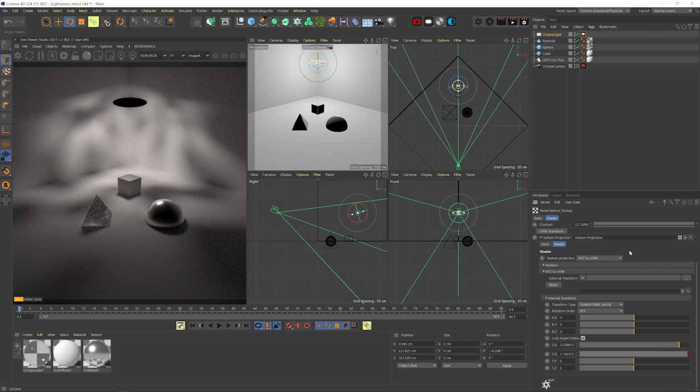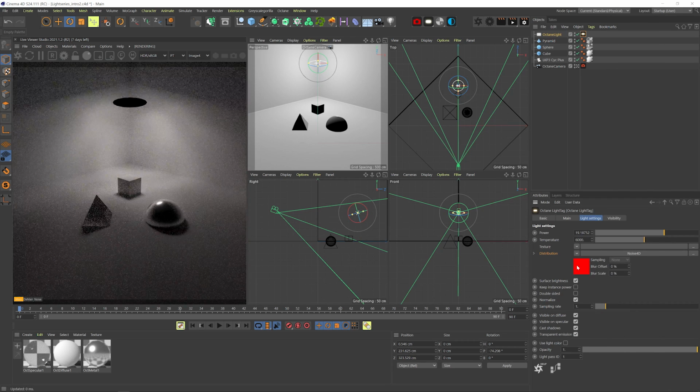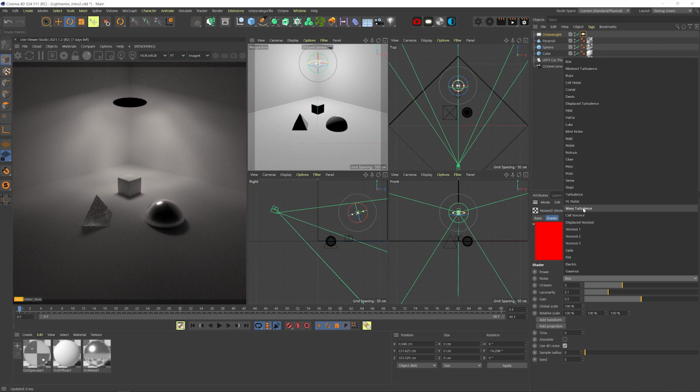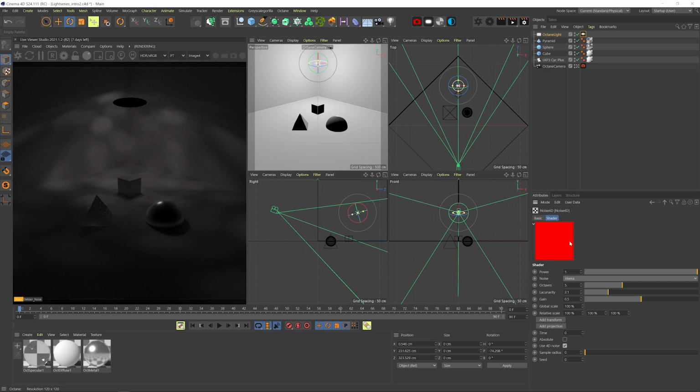And in the new Octane versions, they added the Cinema 4D noises as procedural noises, finally. So I can have all these unique types of noises to play with. I like fire or hammer, and you can see the different effect it has. And if I add a projection node again,